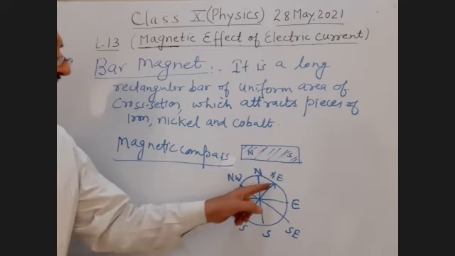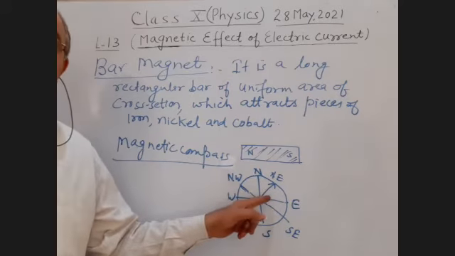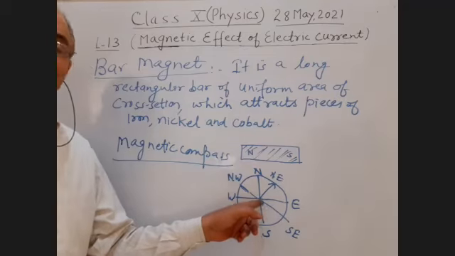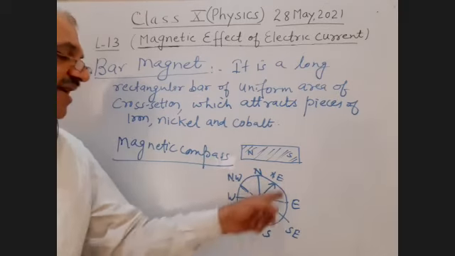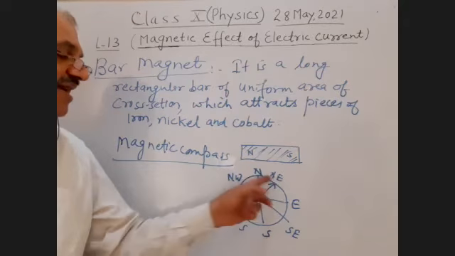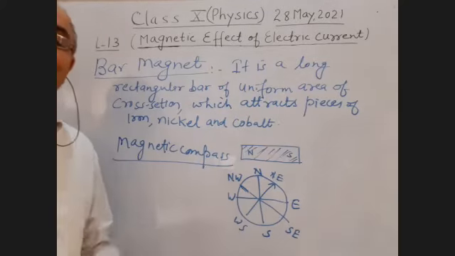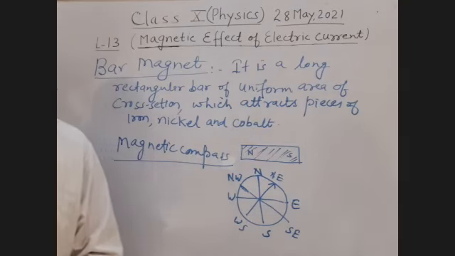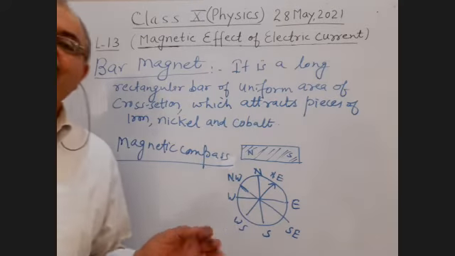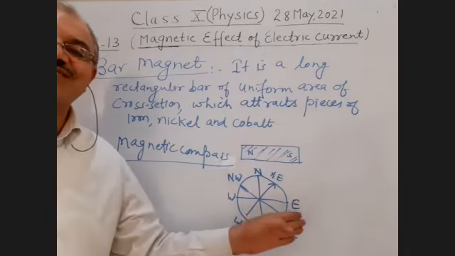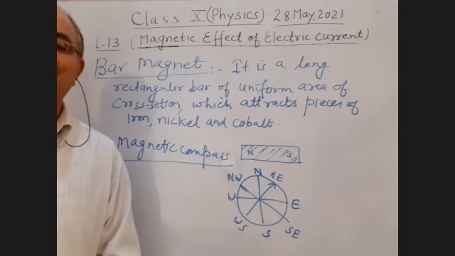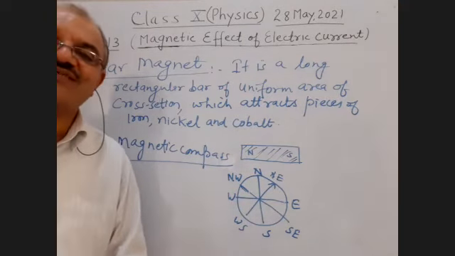Ultimately, inside it there is a magnetic needle, a magnetic needle which is pivoted in the center. It is an aluminum box, a cylinder, one type of box, in which a magnetic needle is mounted at the center. Whenever any magnet is brought near this compass, it will show the deflections.